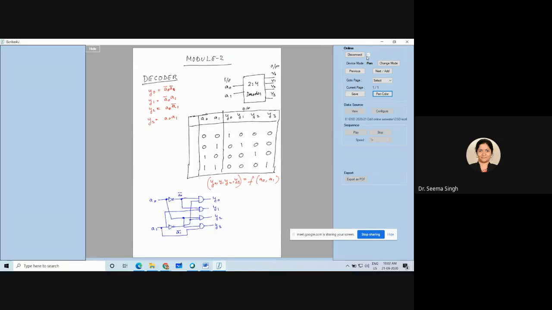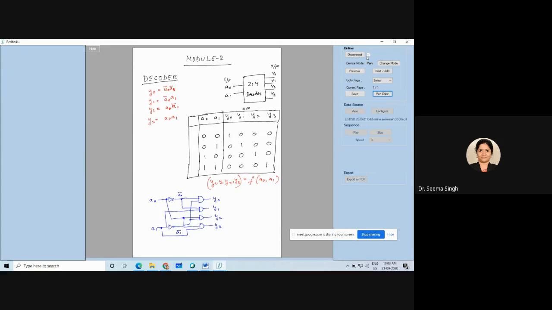So this becomes your general decoder. Now I will add things to it. What is that thing? There is a pin called enable pin. Most of the ICs you will see from now onwards in your module 2 will generally have one enable input. What is the meaning of enable input? Enable input says that if your enable is active, then only your decoder will work. If it is not active, it will not work.